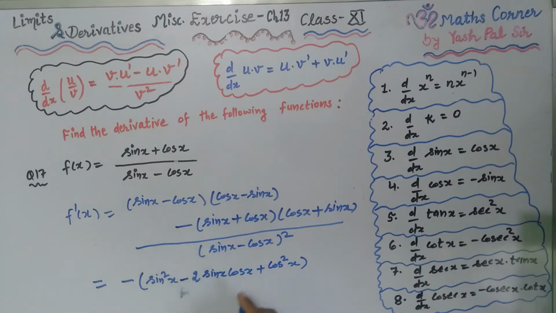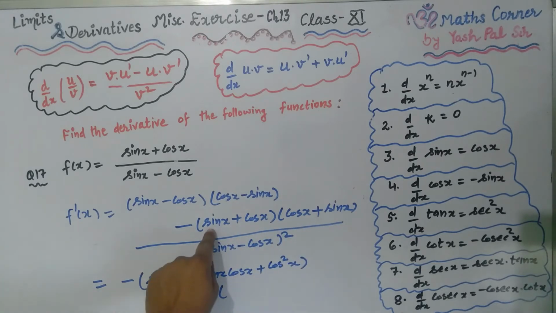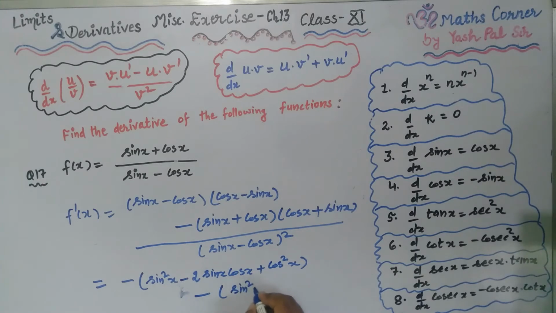Next is this minus sin, sin x plus cos x, a plus b into a plus b, a plus b whole square, that is a square sin square x plus 2ab, 2 sin x into cos x plus b square cos square x, whole divided by